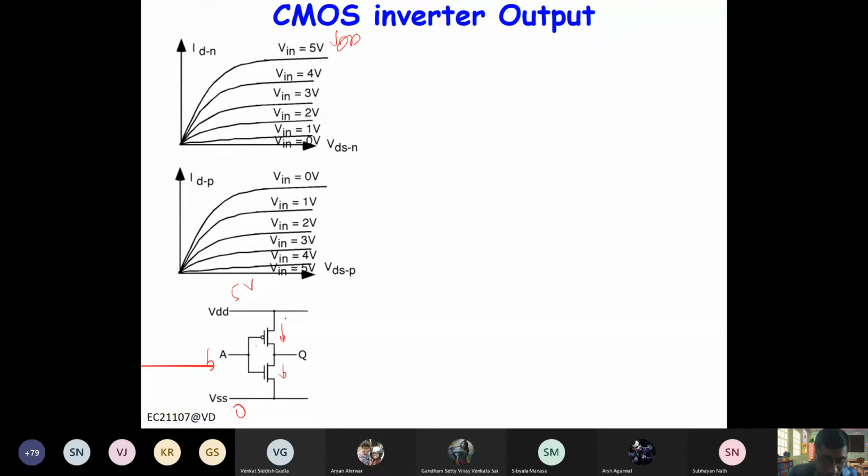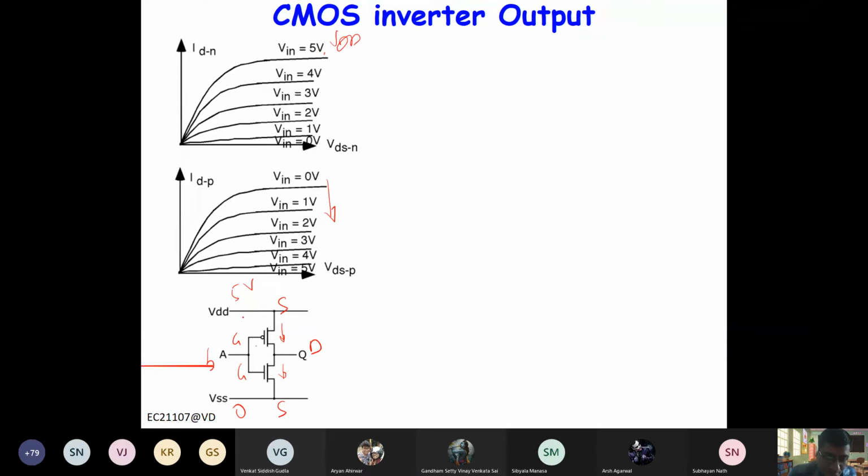For the NMOS. But if you increase the voltage from 0 to 5, the current through the PMOS will decrease. Let's say this is the gate. Now this gate is common and this is a drain. This is a source for PMOS. This is a source for NMOS. So when input is higher, VGS is positive, you have high current through it. But for PMOS, your VSG, because gate voltage is negative, right? So we will talk in terms of VSG for PMOS.